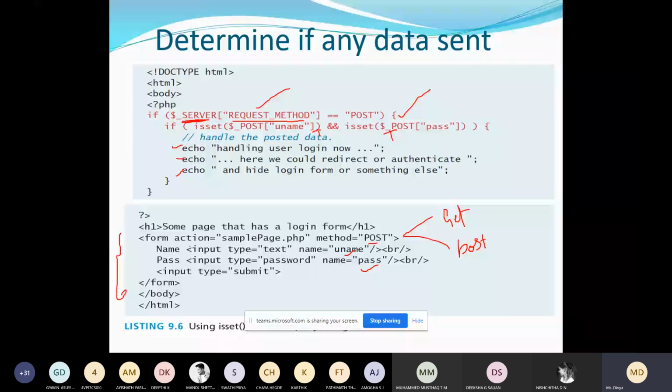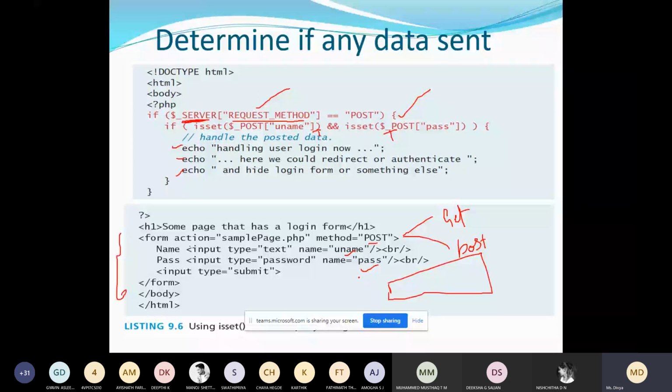Before you deal with the database, updating or querying the database, you have to check whether the method is POST or GET, or whether particular data has been entered by the user. If the user has not entered the value for username and password, what is the point in sending to the database? Correct.